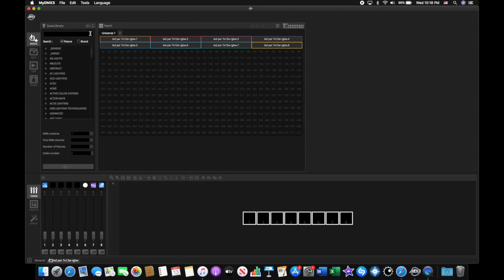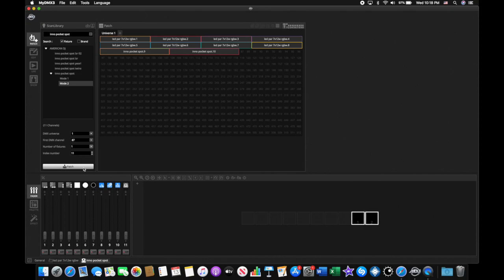And then we also have 2 Inno Pocket Spots. We have this one on mode 2, and we have 2 of these. Okay, so let's patch those in. Okay. So, starting off from the first thing, you said that you have